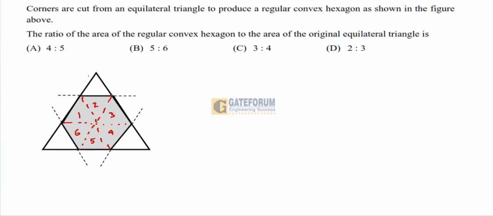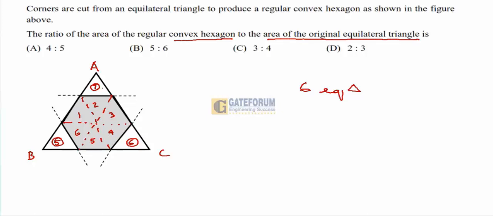Now, if we consider the whole equilateral triangle, say ABC is the name, then in it we get the 5th one, we get the 6th one, and we get the 7th one. And mind it, all these equilateral triangles are equal in area and are congruent actually. So basically, see this ratio of the area of the convex hexagon to the area of the original equilateral triangle. So we say that the convex hexagon consists of 6 equilateral triangles, and the equilateral triangle consists of,